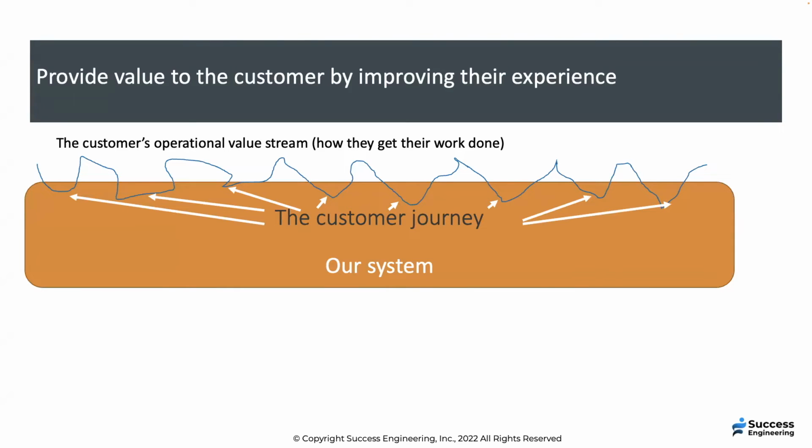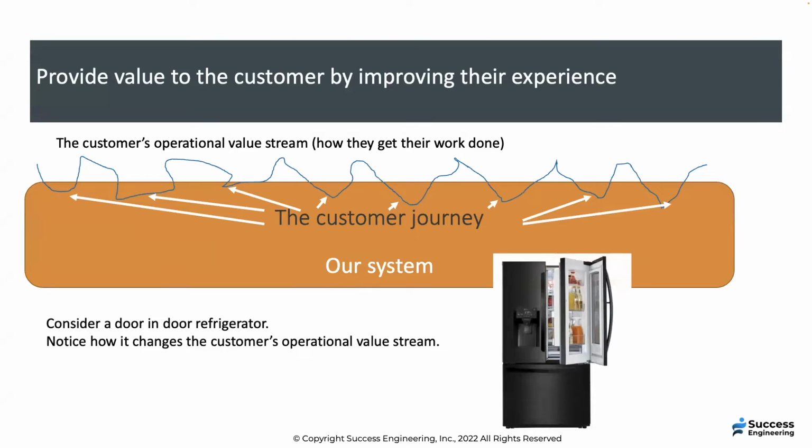The arrows point to how our system interacts with people, but everything outside is also the customer journey. This is just an example I use to illustrate how the customer journey can impact things outside. So think of that refrigerator as the system, and you'll see it's got a door and door. The neat thing about this is you can put drinks here, and when this is closed, usually the whole thing is closed. It's just expanded to show this. You can get your drinks just by opening this. Well, what's cool about this, and no pun intended, is you can open this and you don't lose the cool inside.